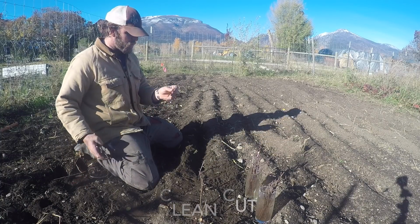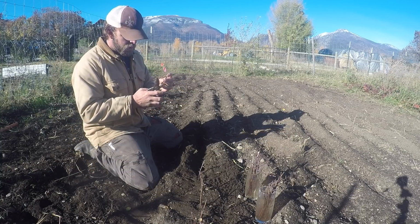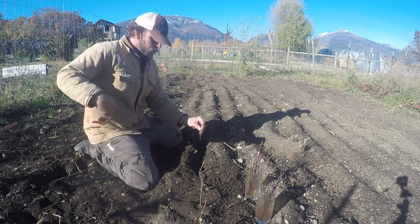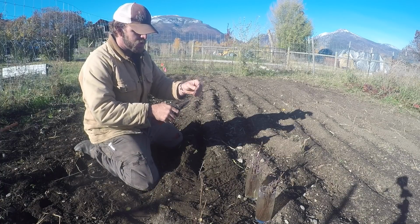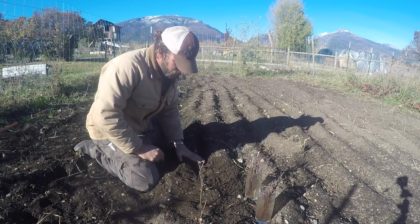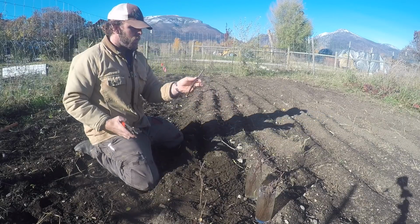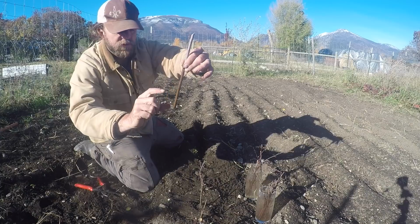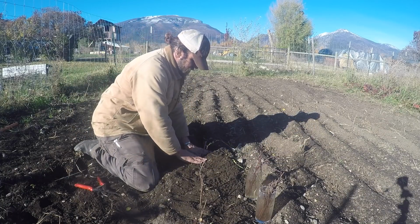Making sure you have a cut below the node, cut at the top, and it's time to sharpen these guys again. There's a good cut. But you want to make sure you get 2 nodes below the soil, so you don't need branches where those are. Those are going to become roots, and you plant it out. This guy is perfect already to plant. We'll make sure these 3 nodes are all below the soil. Boom. And as far as spacing,